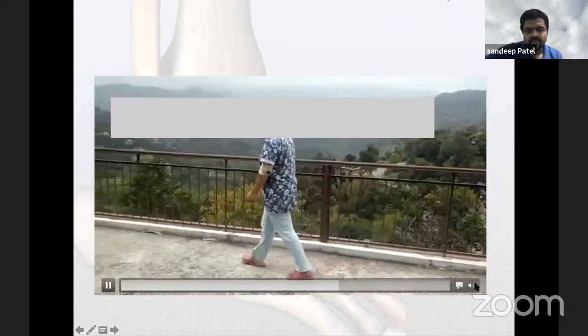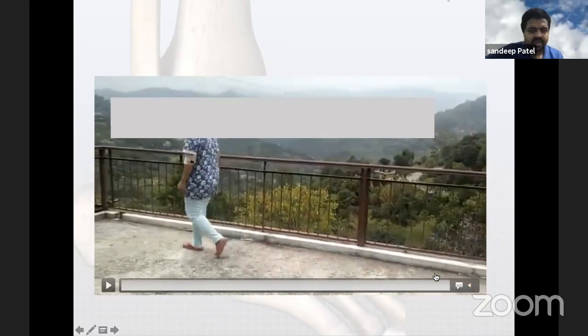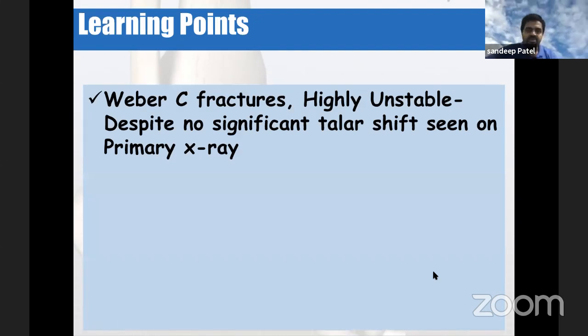And then we asked for a video during the lockdown time, and I could get the video with the patient perfectly comfortably walking at 4.5 to 5 months. So the learning point in this case was that